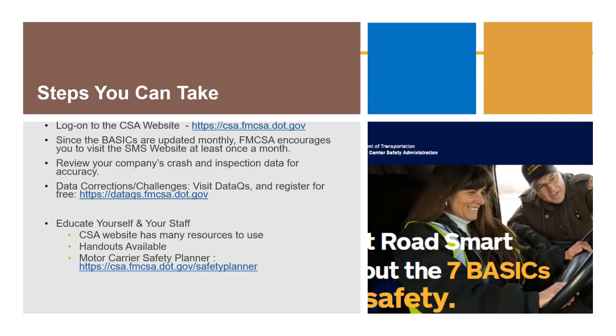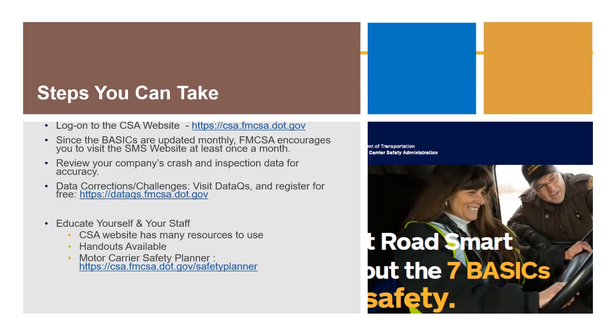So for example, let's say your driver was pulled over and the officer required that driver to have an electronic logging device in their vehicle. But because you're a local driver, you're exempt from that requirement. You want to challenge that citation. You go to the DataQs website, you put in the information that you're challenging. And once you submit it, it goes to the state where the violation was documented.